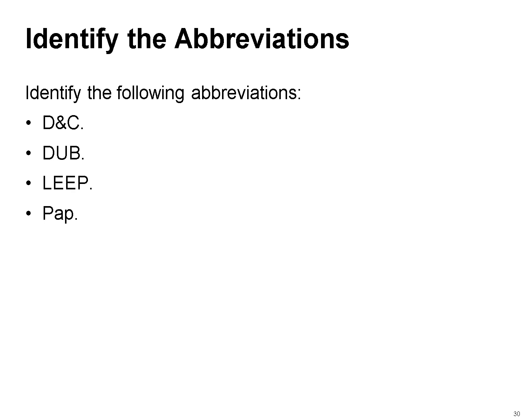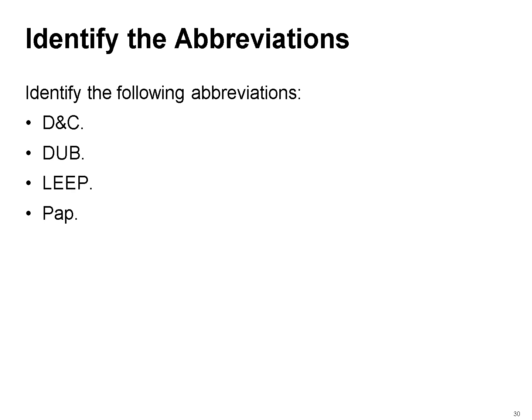Medical abbreviations serve as a vital shorthand in healthcare settings, enhancing efficiency and clarity. Let's identify some commonly used abbreviations. D&C stands for dilation and curettage, a surgical procedure to scrape or suction tissue from the uterine lining for diagnostic or therapeutic purposes. DUB refers to dysfunctional uterine bleeding, describing abnormal or irregular uterine bleeding without an identifiable cause.